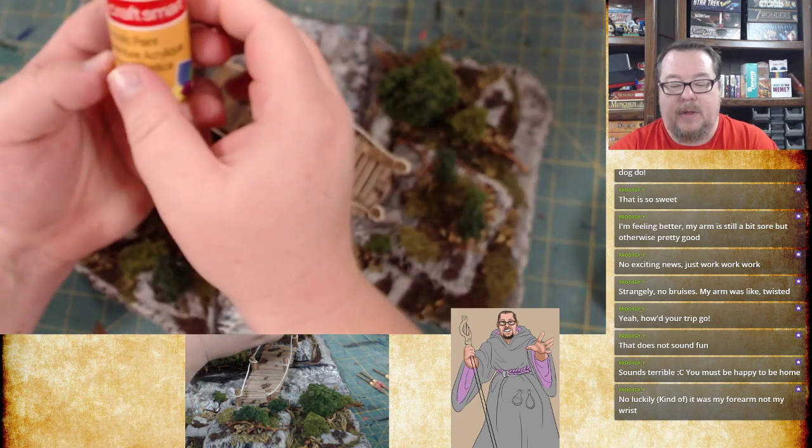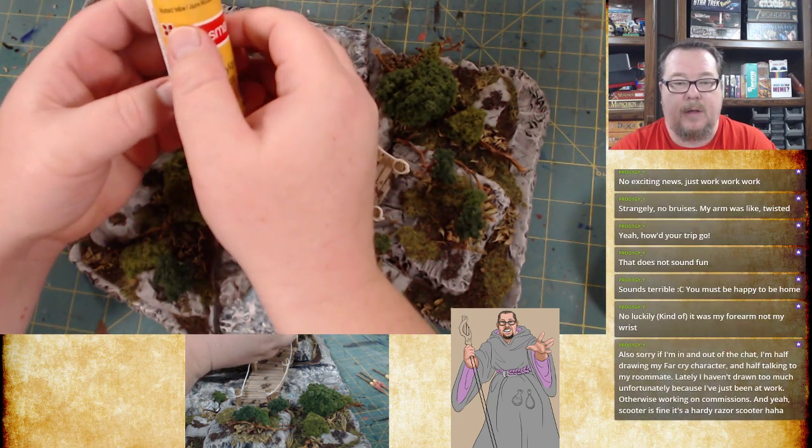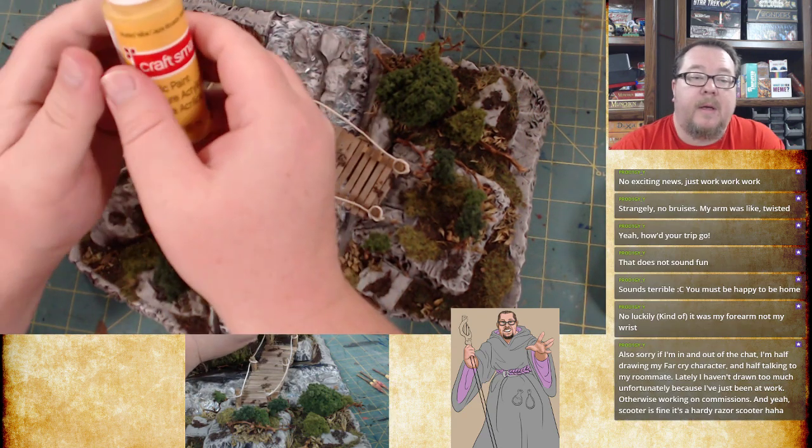All right, so I'm going to use some of this mustard yellow and